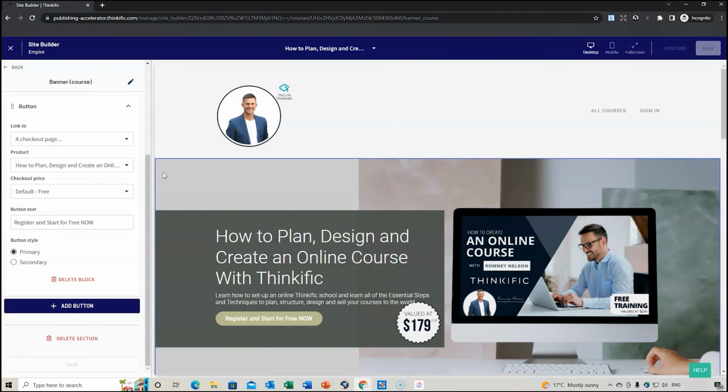Make sure you do that because if people go to your landing page and they can't click on this button here, then it might turn them off. So you need to make sure that you do that. So hopefully that helps, and that allows you to ensure that your customers that are buying your product are taken to the right page to check out.